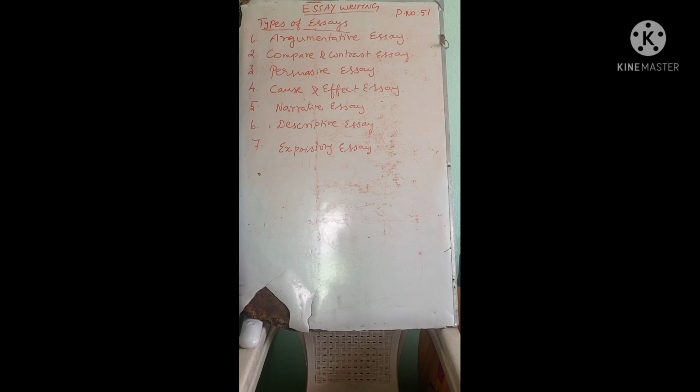Here he should not reduce any points. And next one, expository essay, which is related somewhat to descriptive essay, but here he has to give the important points alone, to expose his important points, whereas in descriptive he has to write everything. In expository the writer can write the important things alone. So these are the 7 types of essays prescribed in our textbook.